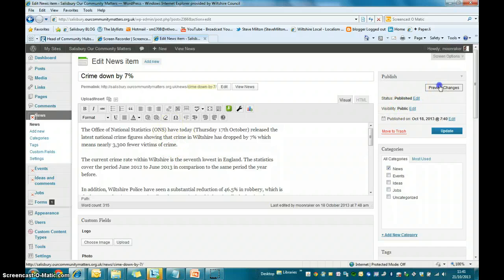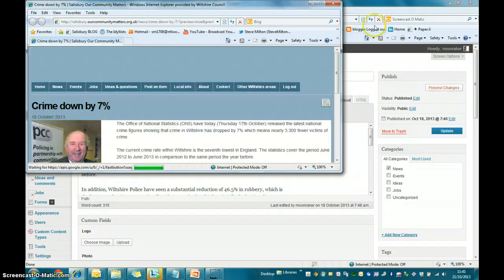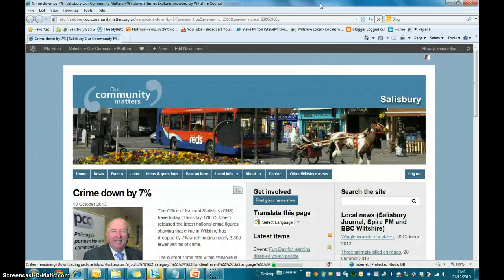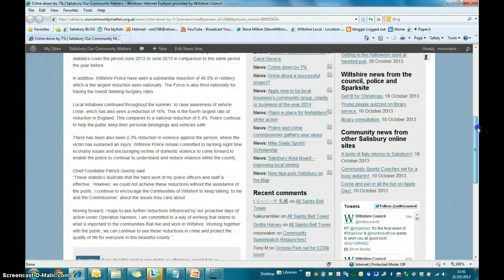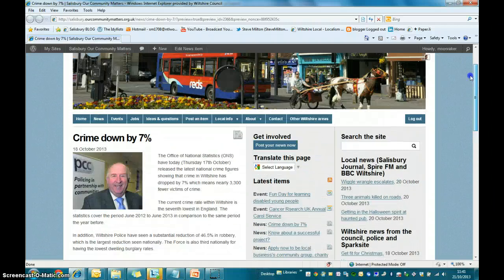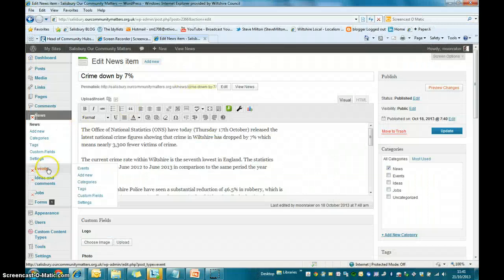Okay, and we can preview the change again. You can preview the changes using the preview button. And there's a lovely picture of Angus Macpherson, our new crime and police commissioner. And there's a pretty typical news story. Okay, so that will show you, and again you can see listed events,